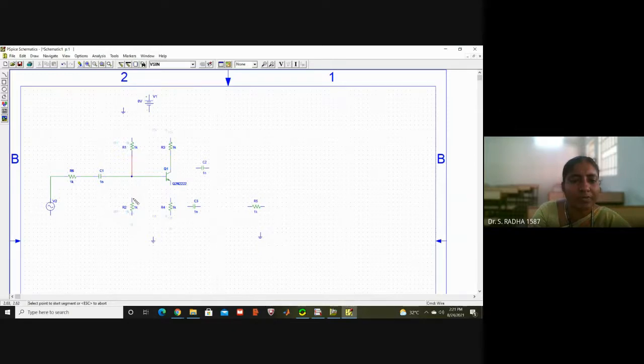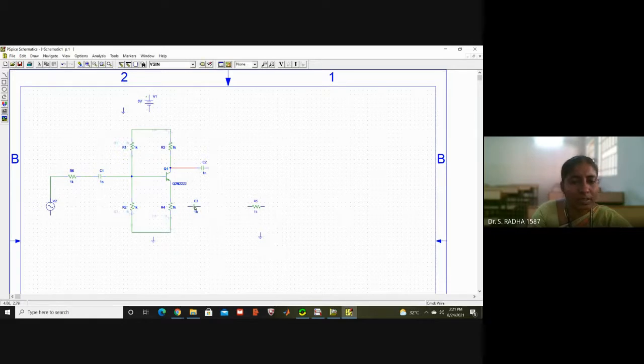Here you have to give a node, otherwise if there is no connection, the circuit will not work. You have to make a node. This is the way how it was. 4 resistors were there, R1, R2, RC and RE.